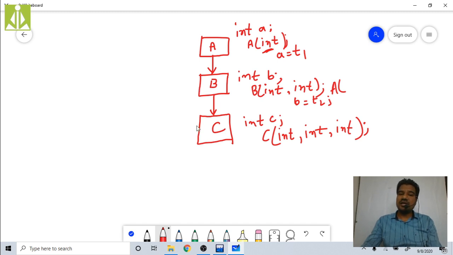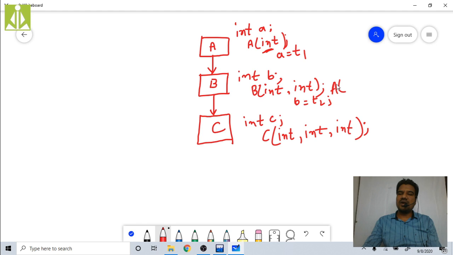See, when we are talking about this, C has two base classes, A as well as B. These two are base classes to C because it is receiving parameters from A as well as from B. So for C class I have two base classes, but when we are calling the constructor, we can only call the immediate base class constructor. The immediate base class to C class is B class. So we can call the B class constructor inside C class. That's what we have done over here.